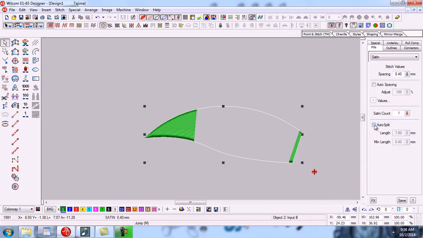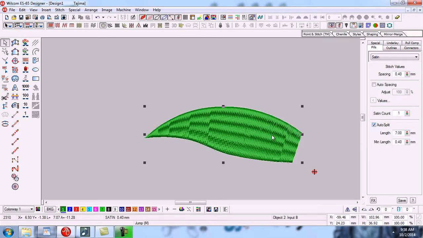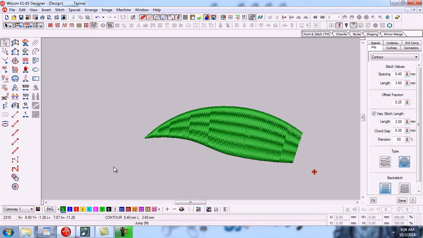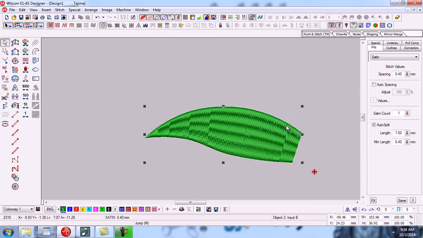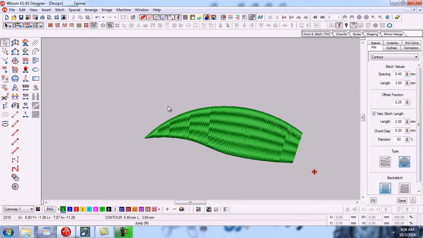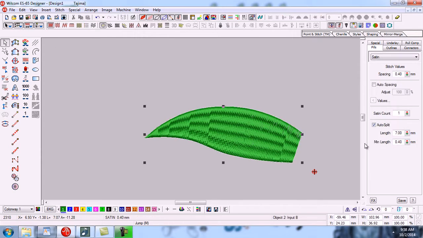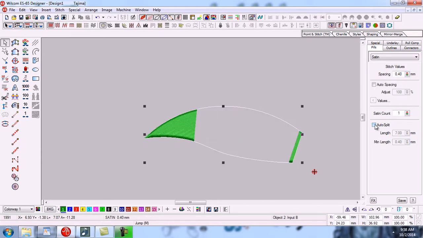We can click on auto split, so it will be applied. So we can apply the auto split function on any large object which is made with satin. Okay, now I remove the auto split value.